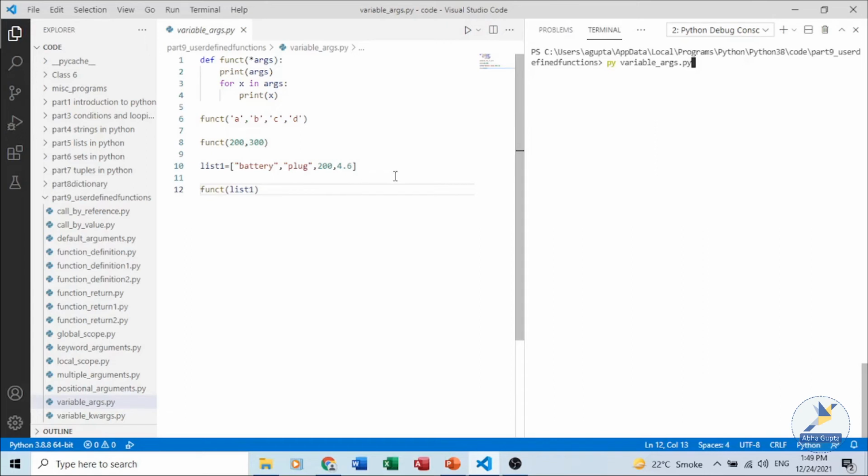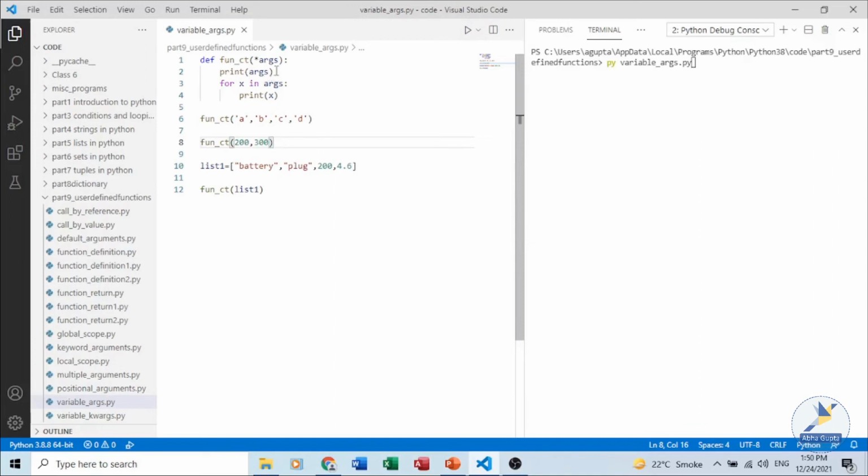Python allows us to pass any number of comma separated values using the asterisk args, which are treated as tuples internally. In this program we have a function named funcity where we are using *args to provide variable length arguments.